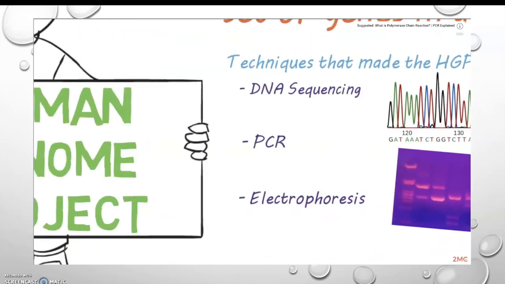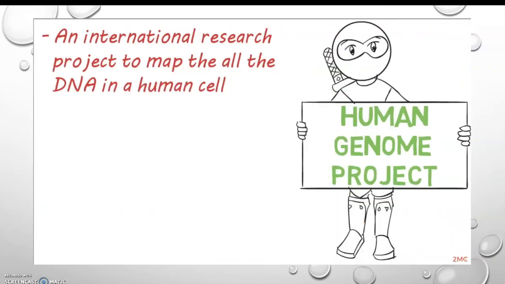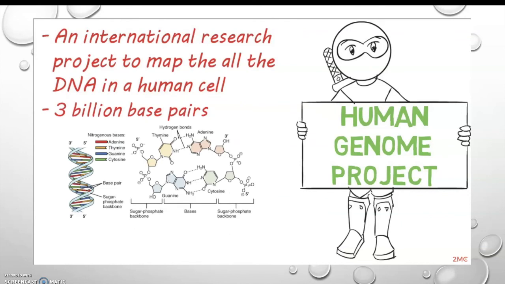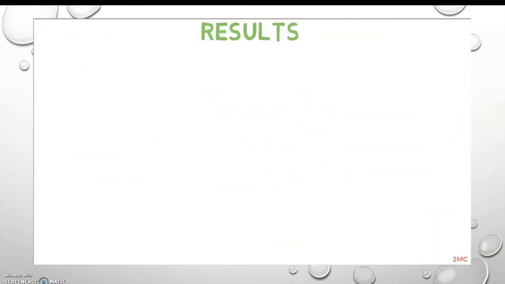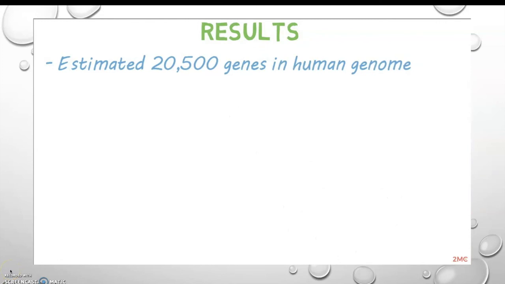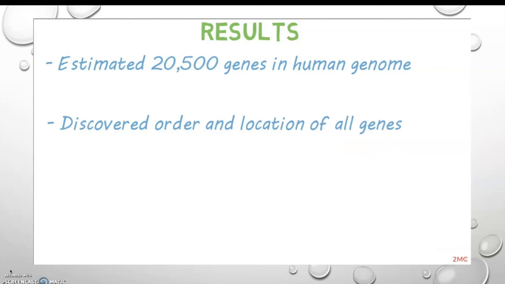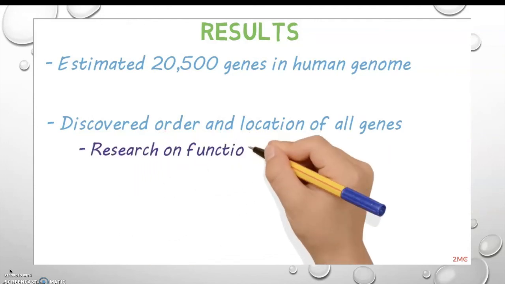The Human Genome Project was essentially an international research project to map the entire human genome, every section of DNA in a human cell, which is a lot, 3 billion base pairs, in fact. And they've mapped all of them, which took 13 years to complete. The project determined that there are about 20,500 genes in the human genome, and it also discovered the order and location of these genes. It didn't, however, identify what each gene does, and that research is ongoing and there's still